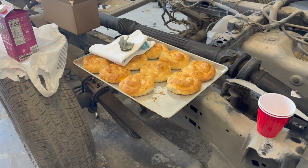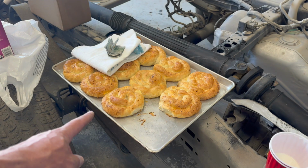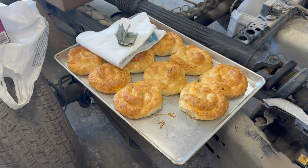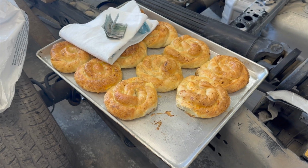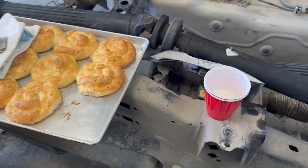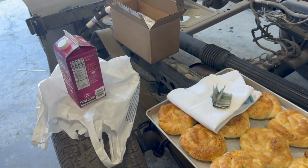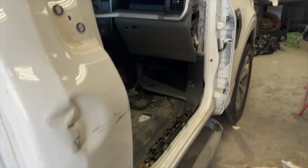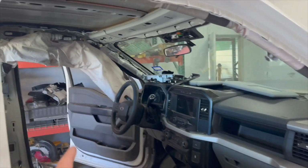Today is my birthday. My parents came by to surprise me. This is one of my favorite dishes. It's with cheese and stuff. My mom used to make it back in Moldova where we grew up. Really love that with milk. It's really good. They also gave me a couple hundred, and that's nice because they'll actually cover both of